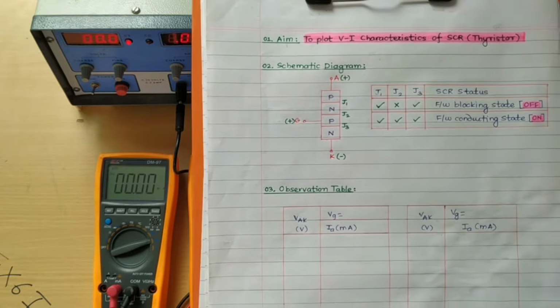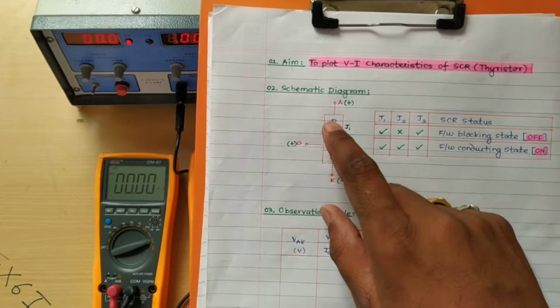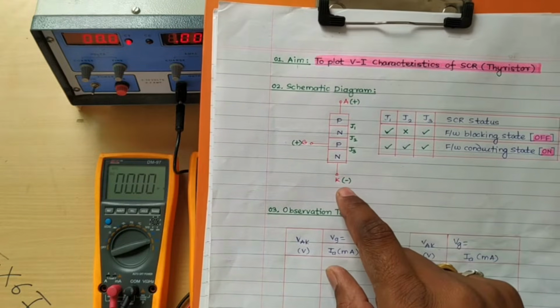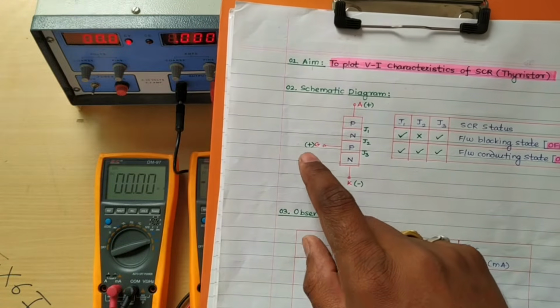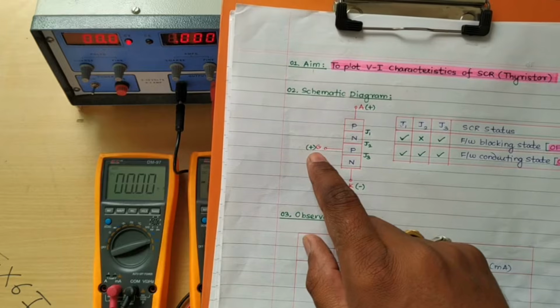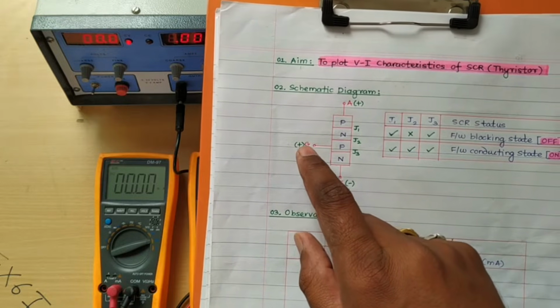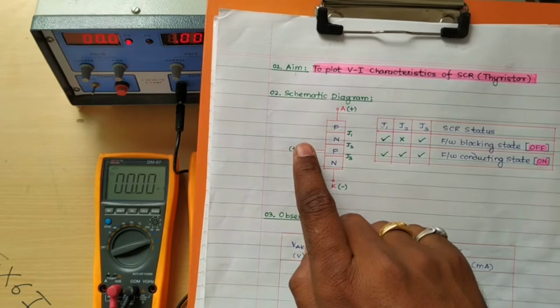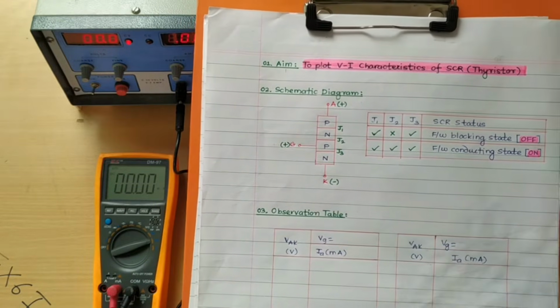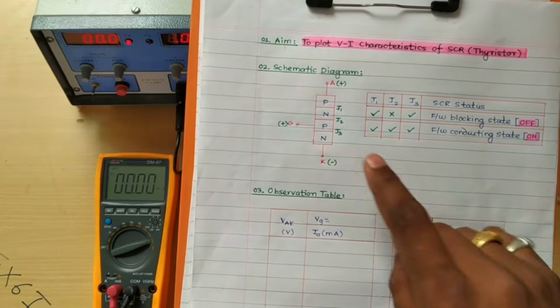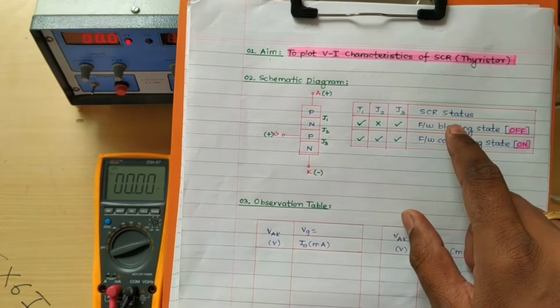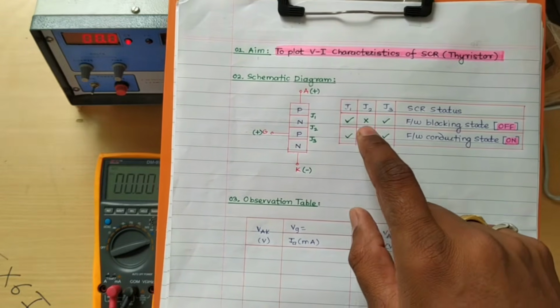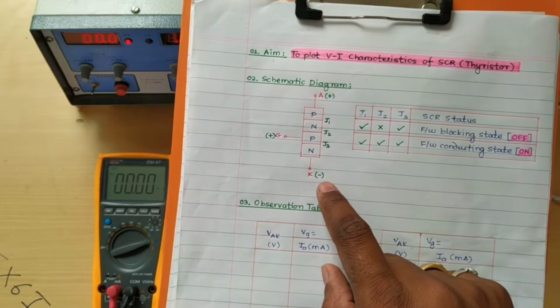When we want to turn on this device, we have to apply positive at anode and negative at cathode. At the same time we have to apply positive voltage at gate terminal, so that when gate is positive, your device will trigger earlier. Without gate voltage also you can turn on the device, but it will require very high amount of voltage between anode and cathode.